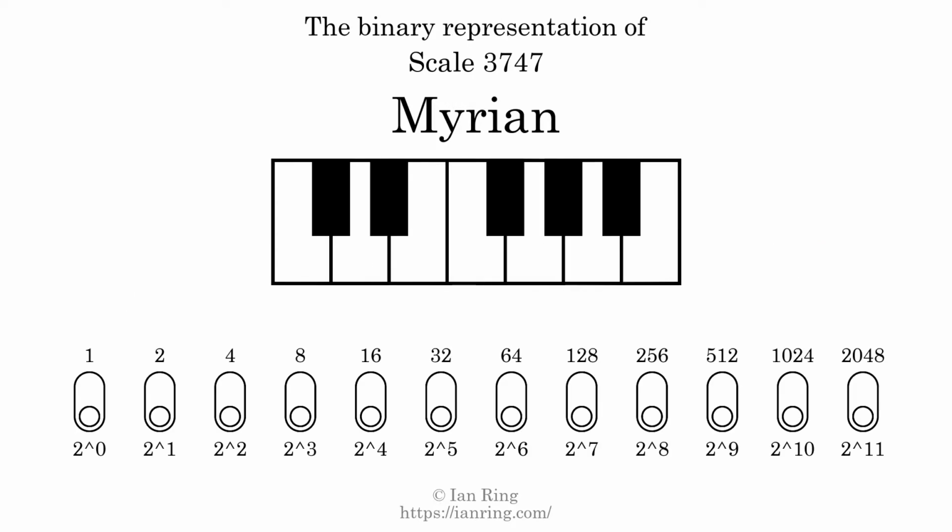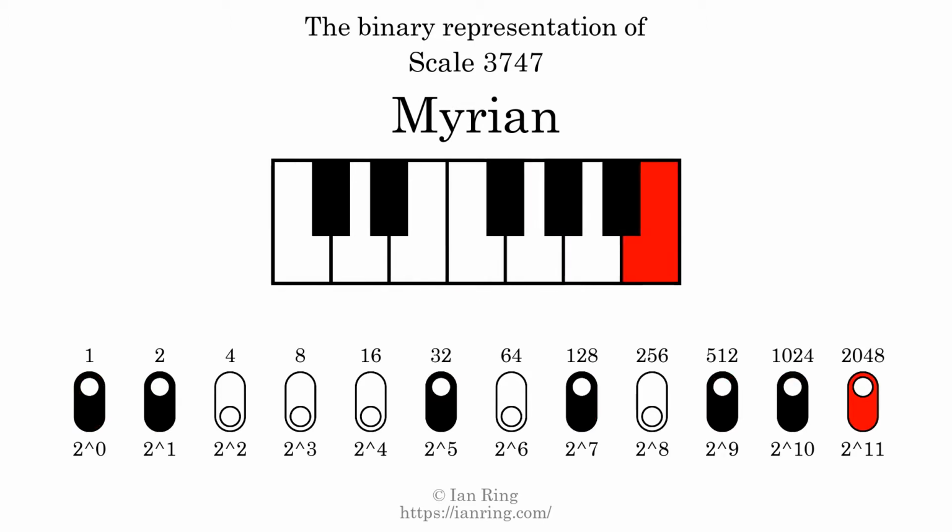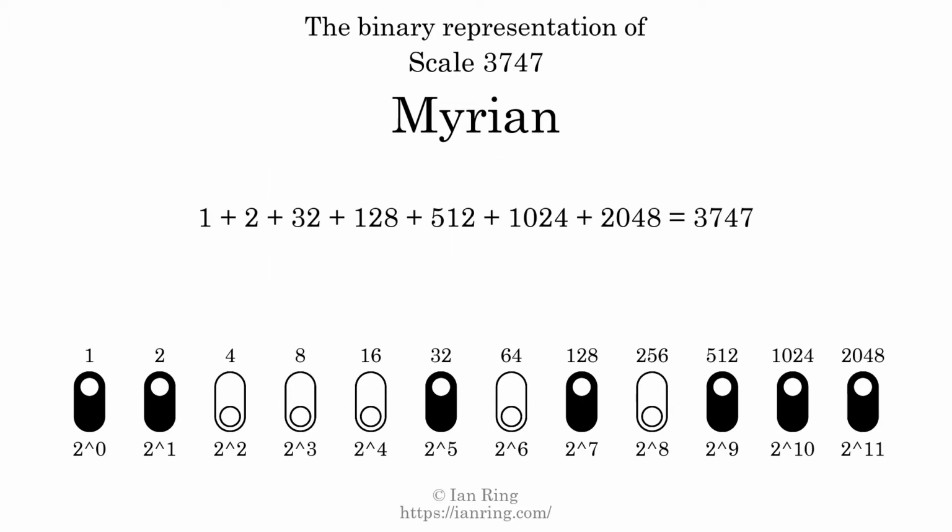The binary representation of this scale is determined by mapping tones of the scale to binary digits. Each binary digit represents a power of 2. To get the scale number, we add the powers of 2 together. The powers of 2 that are present in the scale, all added together, equals 3747. That is why the scale number, in decimal, is